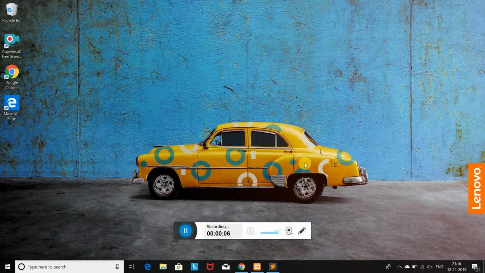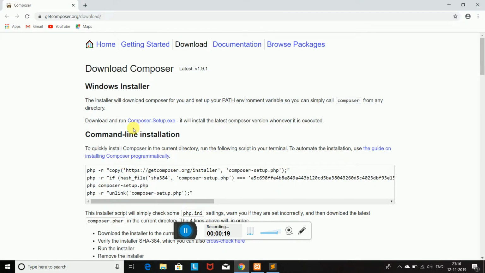And today in this video I am going to show you how you can install Composer in Windows operating system and connect with XAMPP server. So let's begin. Now first we will need to download